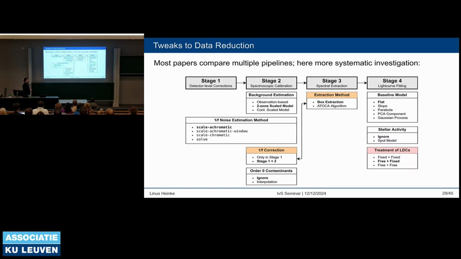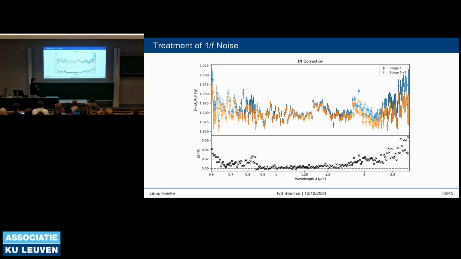And so I tried a bunch of different parameters to see which ones make a difference. A lot of them don't really make such a big difference, some a bit bigger. And one that I picked out here is how you correct for this 1/f noise. If you do it only in the first, or in the first and second stage, that seems to have an effect. We can see there are differences here, and they don't look so large, but they're not just offsets, which wouldn't be a big change, but we have these systematic differences. So this feature at the end is going to much higher transit depths, or not much higher, but there's a difference, and we try to fit that,